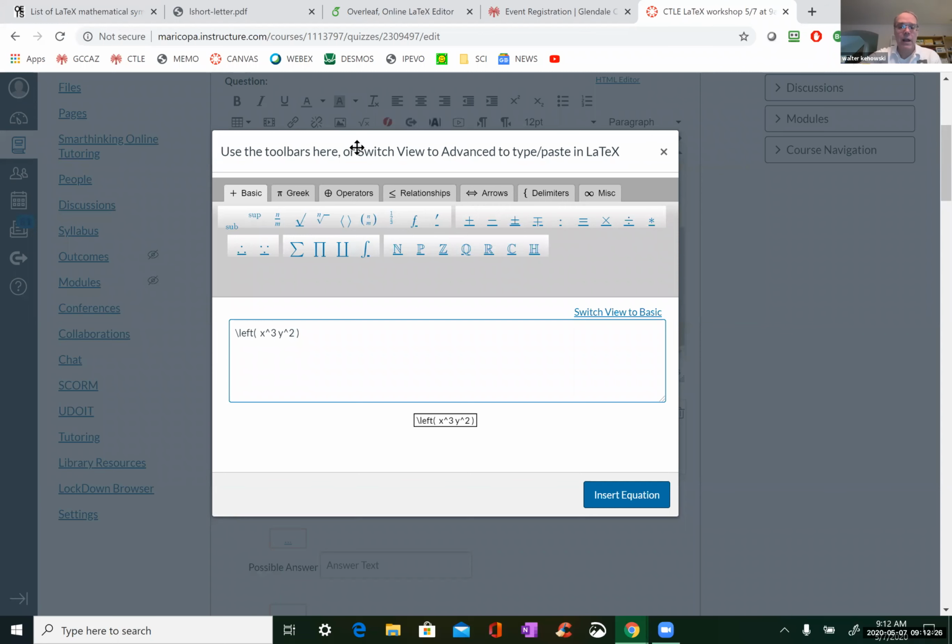And then you want to balance that with a right, and then curly braces, 1/6.